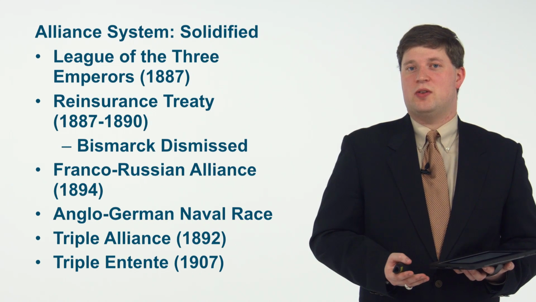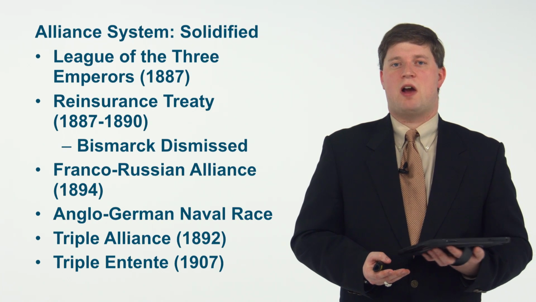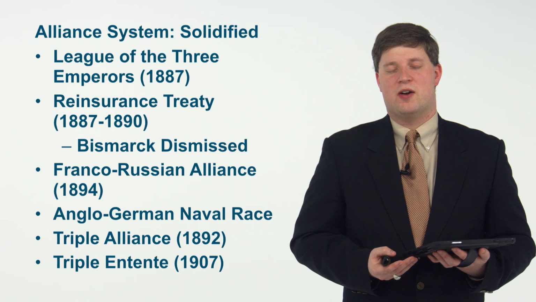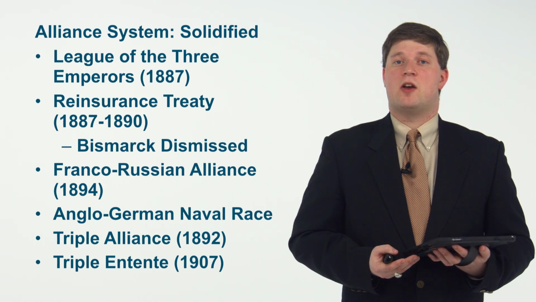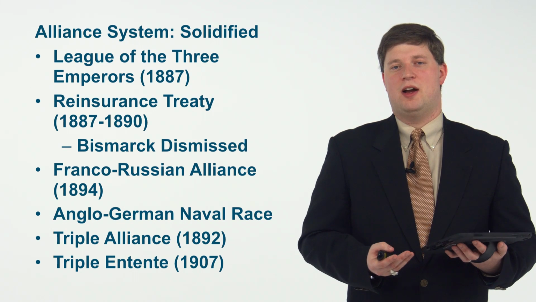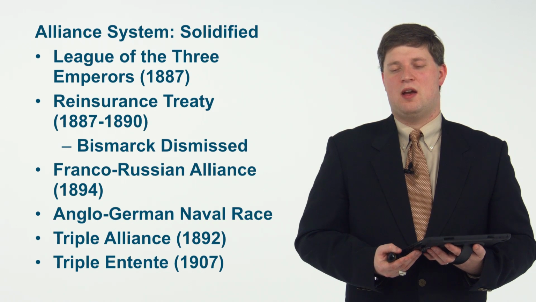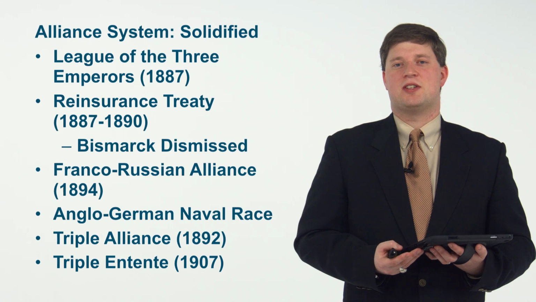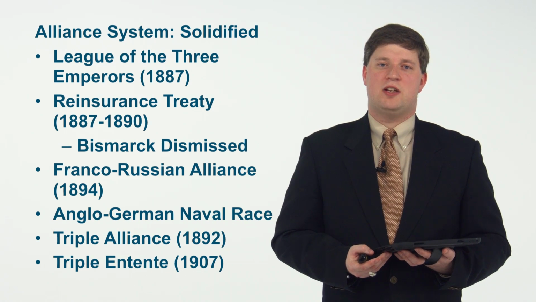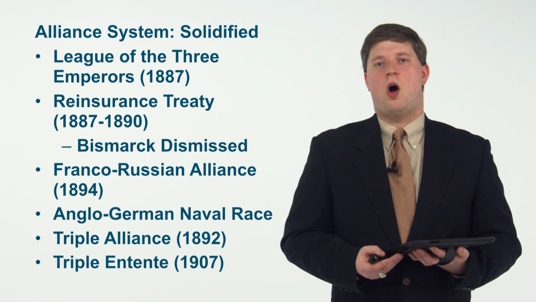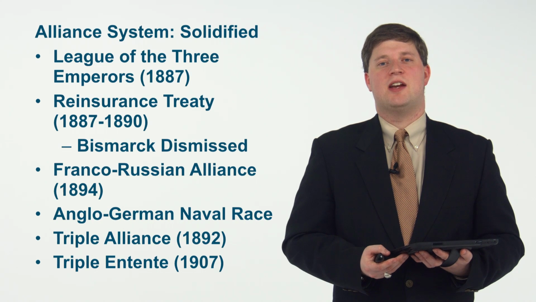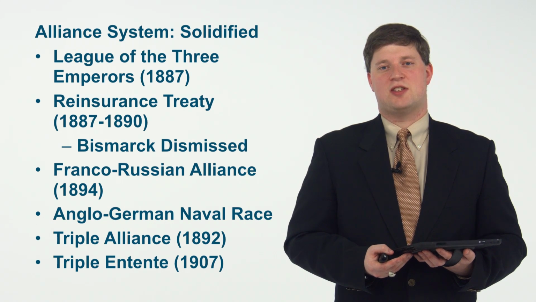Now, there was a potential that Germany could have tried to search around for new allies. Certainly, they were tied closely to Austria-Hungary, their ally, but certainly maybe they could have appealed to Britain. This might have been a counterbalance to any Franco-Russian alliance. The problem was Kaiser Wilhelm II and his desire for empire. In addition to trying to claim colonies overseas, Kaiser Wilhelm II also believed that Germany deserved a strong navy to protect those colonies and showcase their power.